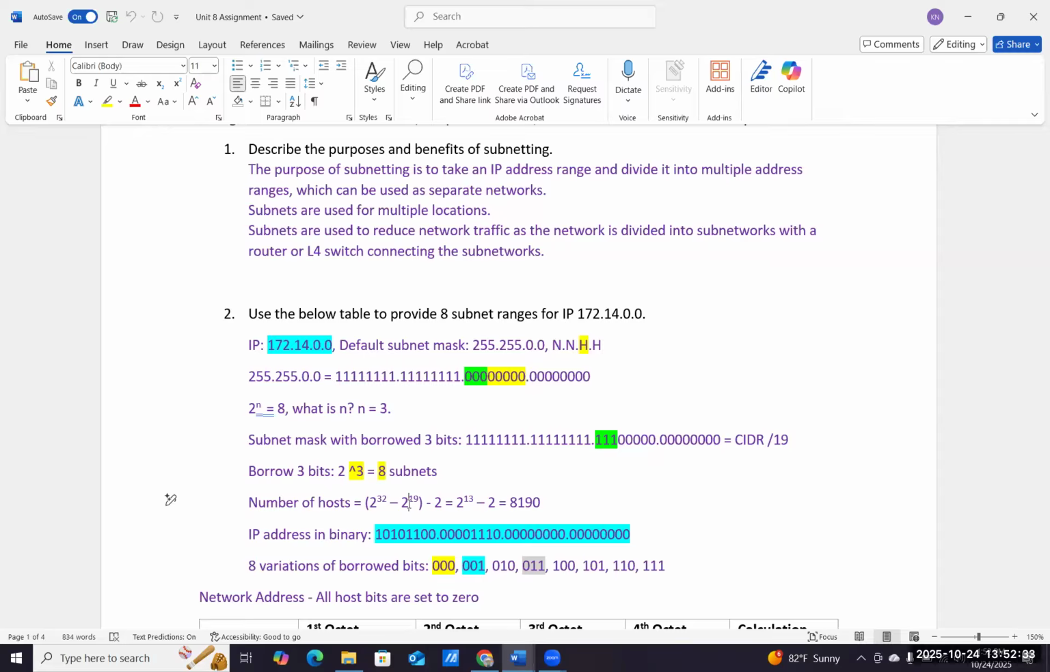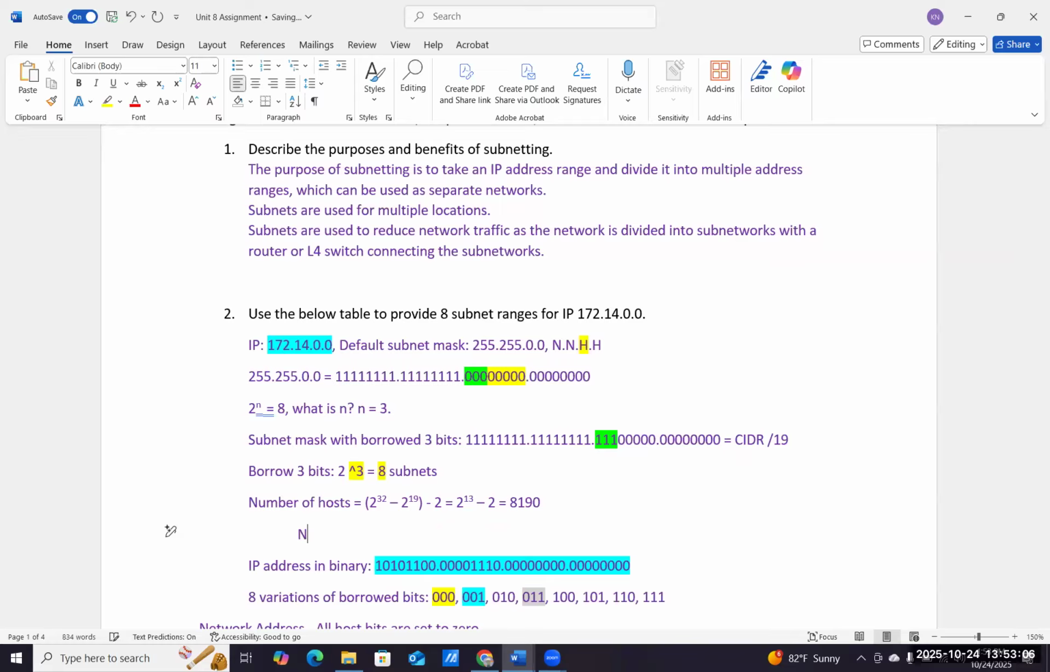So I cannot use 172.14.0.0. That's off the list for any computer, any appliances, any devices that need to have an IP address, right? I need to make sure that I cannot assign the .255 at the end. So I'll put a note here: subtract 2,